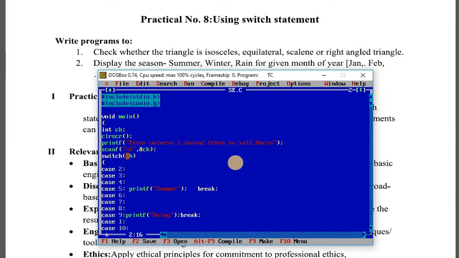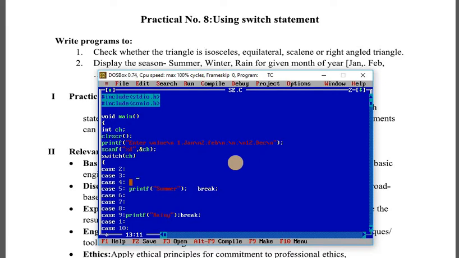In the switch statement we are passing ch, the stored value entered by the user. The months Feb, March, April, May represent the summer, so here are case 2, 3, 4 and 5. In these cases we have written summer, and after that break.